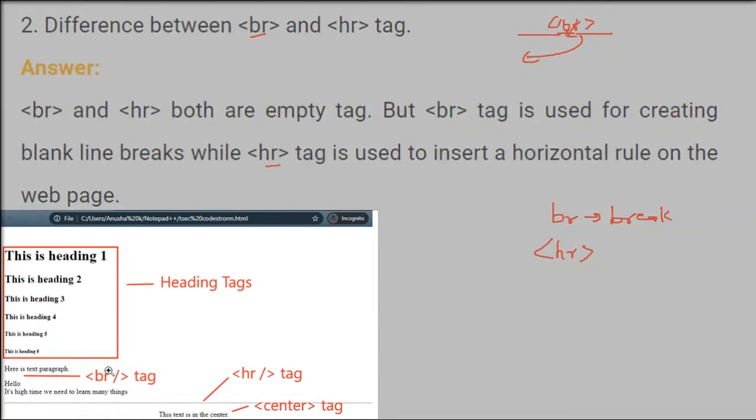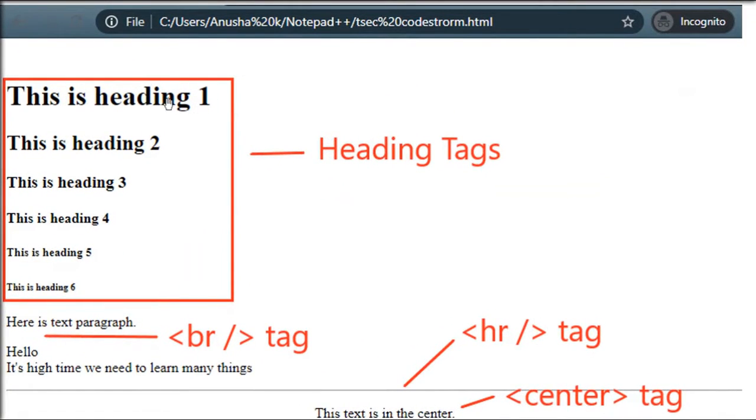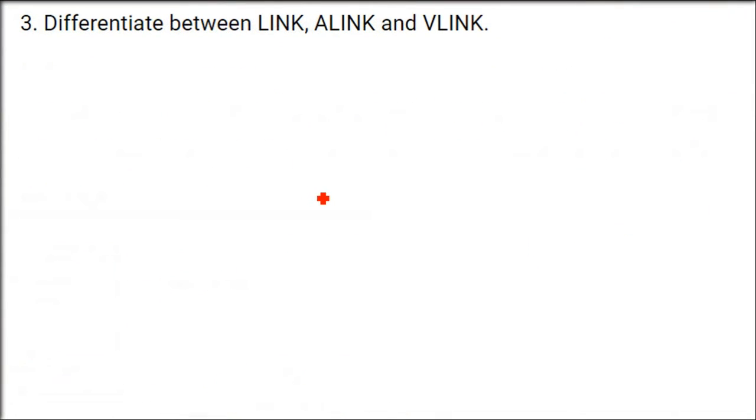So let me show you an example here. There are certain other things also here, but if you see, here is a text paragraph written. After that, while HTML programming, we have placed a BR tag. That is why we have a line break. In this, at this point, we have put an HR. That is why after this HR, we have a proper line being shown. So HR tag, just put it here, you will have a line. So ruler, you draw a line using a ruler. That is why the name is HR.